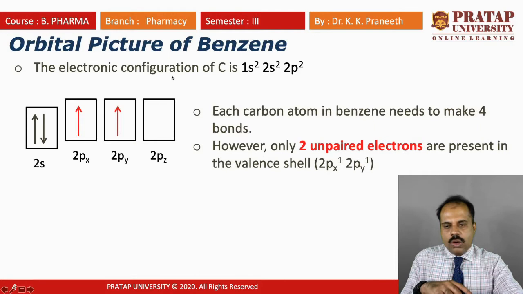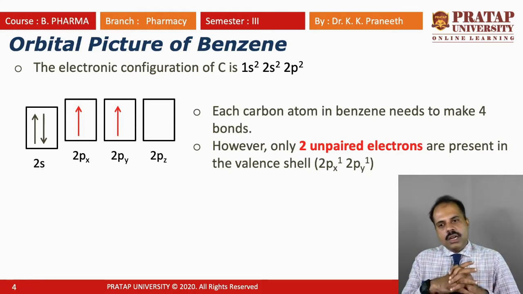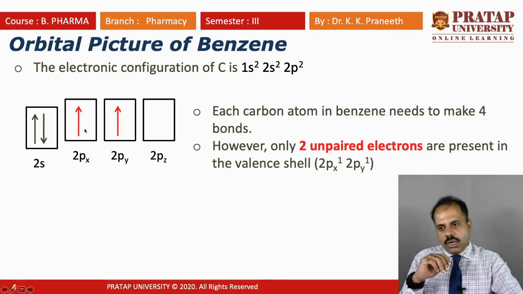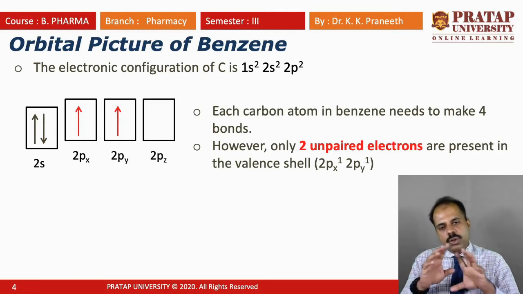This is the electronic configuration of carbon. We have already seen carbon has 1s2, 2s2 and 2p2 electrons, a total of 6 electrons. This is the valence shell containing 4 electrons, right? Valence shell means the second shell; the first shell is inside and then the second shell comes. In these 4 electrons, 2 are unpaired electrons, which are not paired. These unpaired electrons are very important to make bonds.